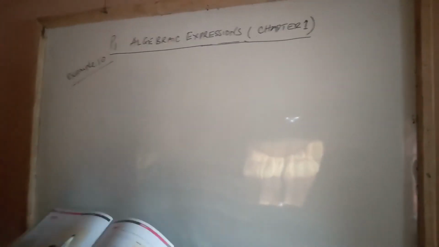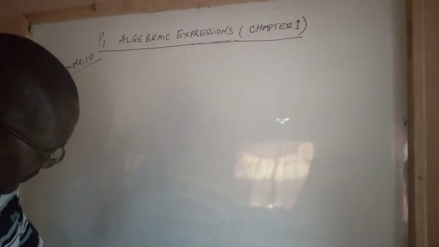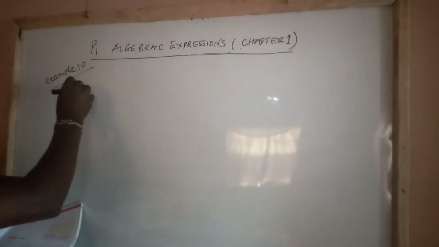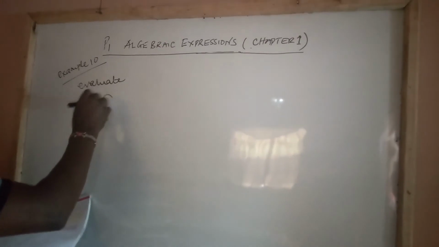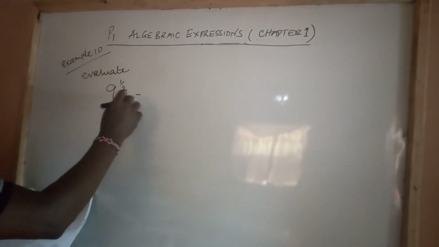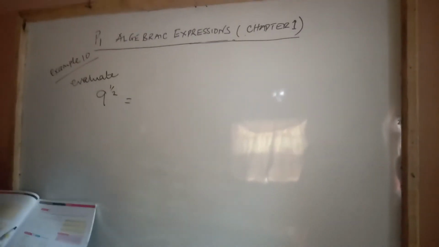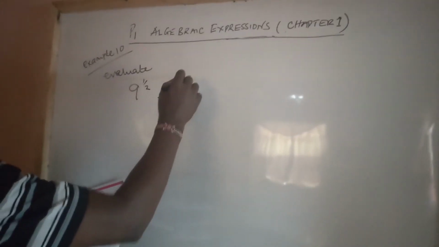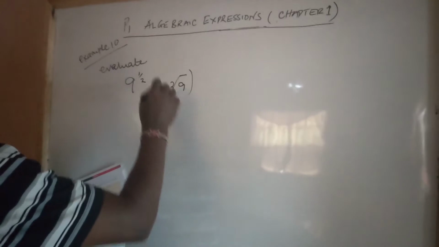Fine, let us look at example 10. This is just a continuation of what we've learned in example 9. We are going to have to evaluate. We are told to evaluate 9 raised to power a half. And this one is simply the second root of 9, or rather the square root of 9 raised to power